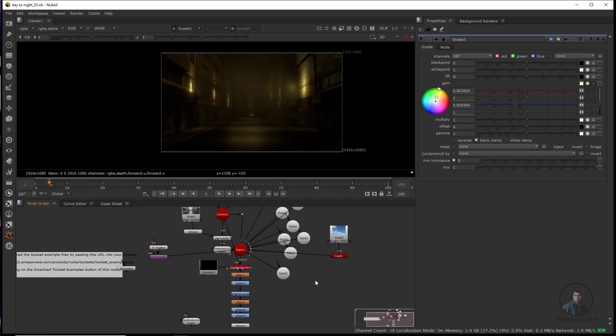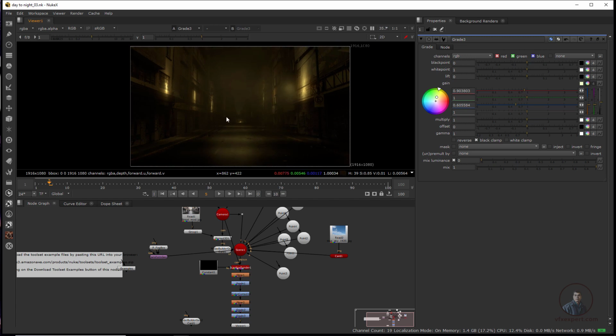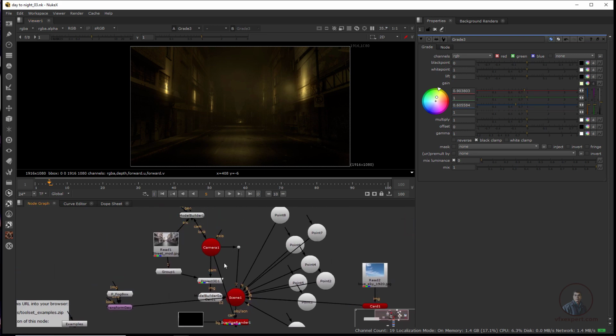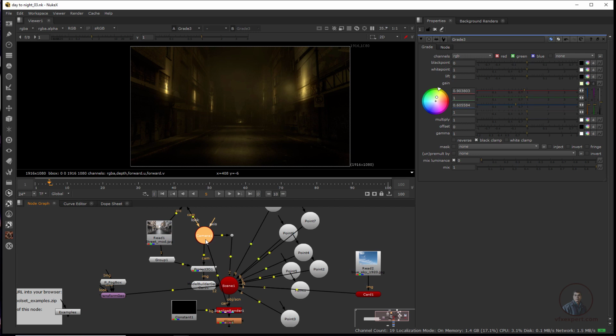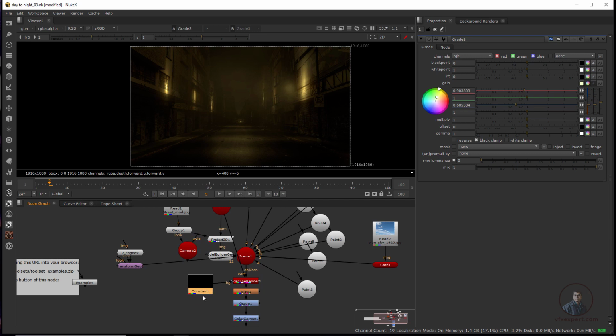Just save our project. Now after this, if you want to animate your camera, you can animate. So here I am going to animate a little bit. What we have to do is copy the same camera here, select it, Ctrl C, and simply paste it here, Ctrl V. Now keep it here like this. I am going to unplug from here and attach here.